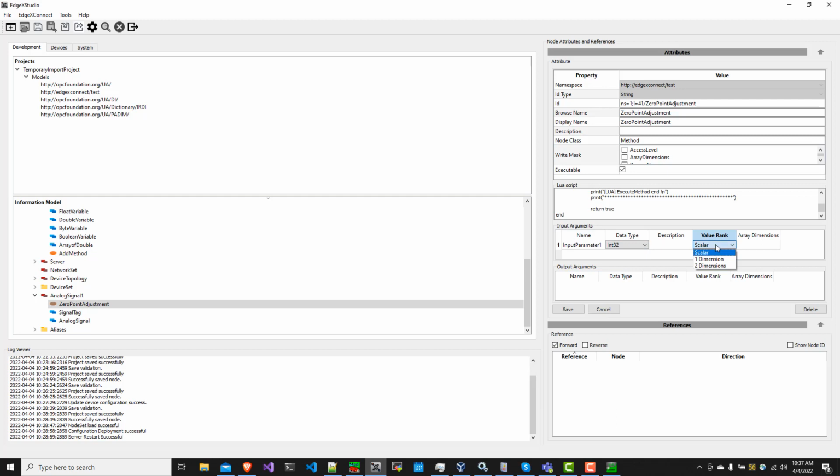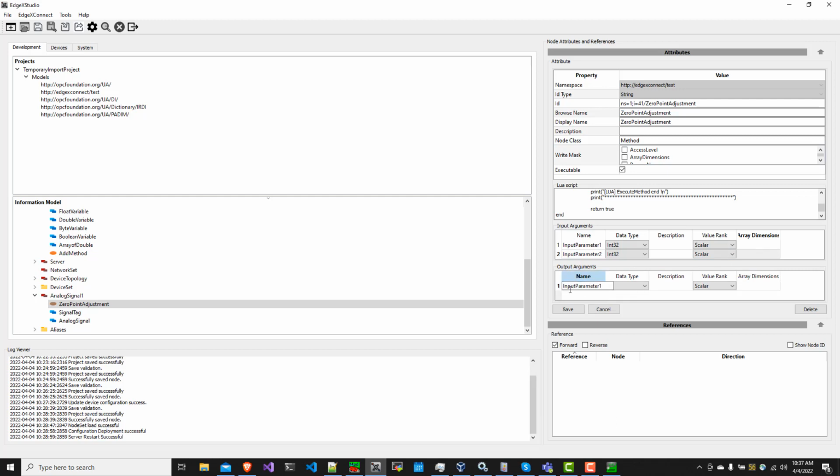It's a scalar value, it's not an array. Let me just add a second parameter, which is input parameter 2. This is the other addend. Integer 32, okay, about the description, and I need one output parameter,